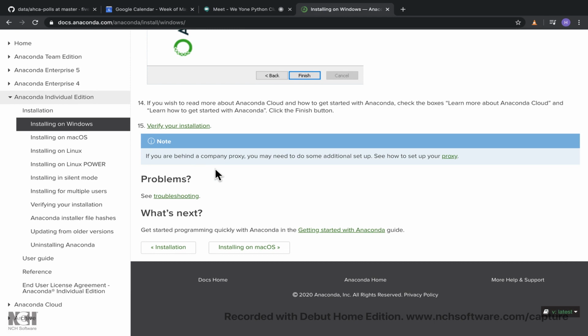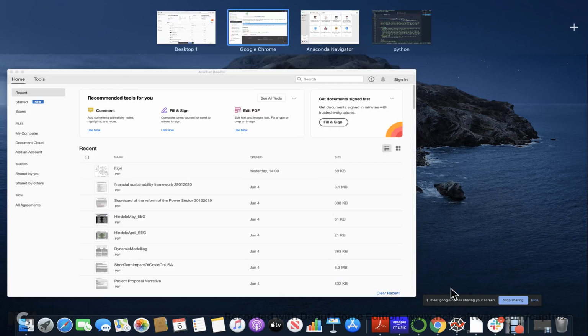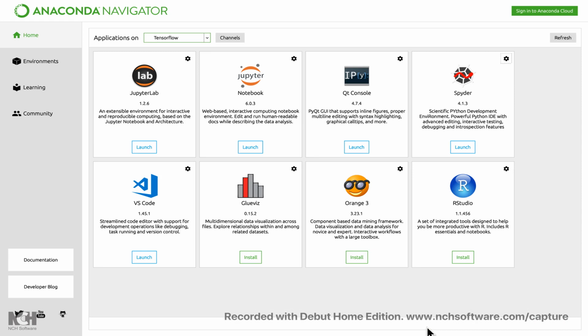Okay, so let's open Anaconda Navigator and see. Okay, so for me, it's already open here. Okay, so this is the default view of Anaconda Navigator. So when you open it, this is what you see. Okay, what you see here are just